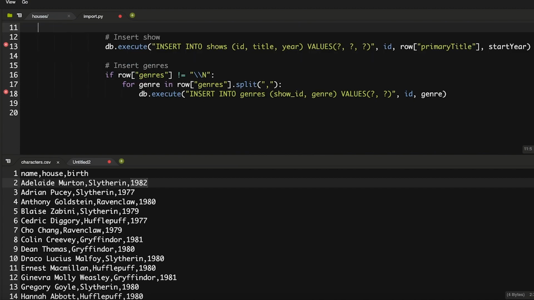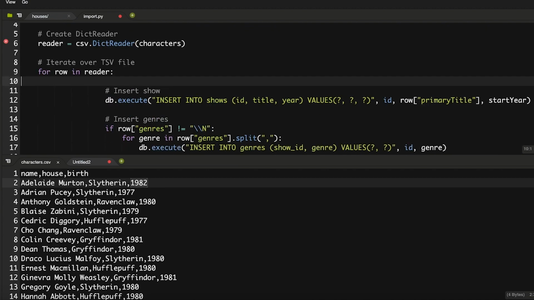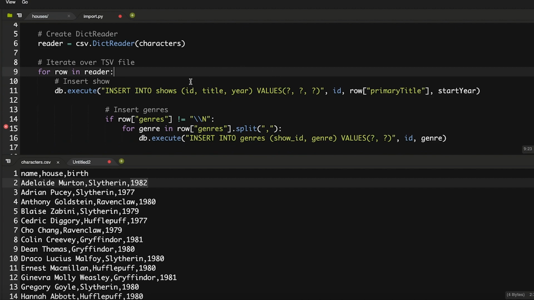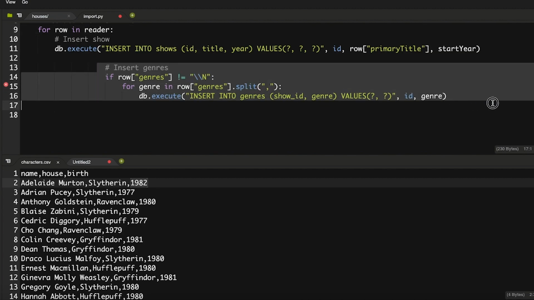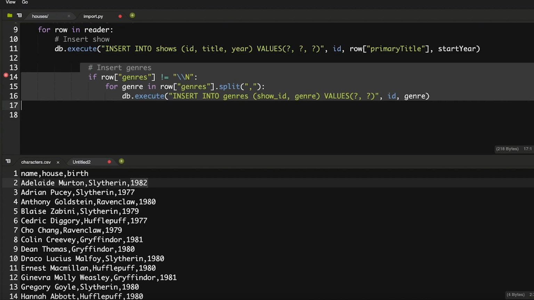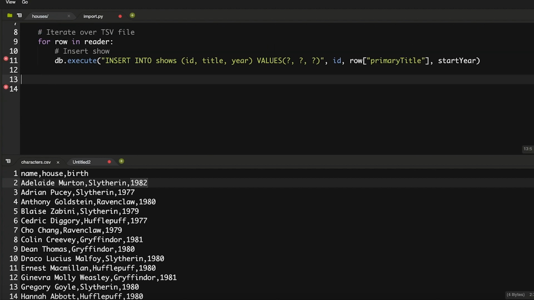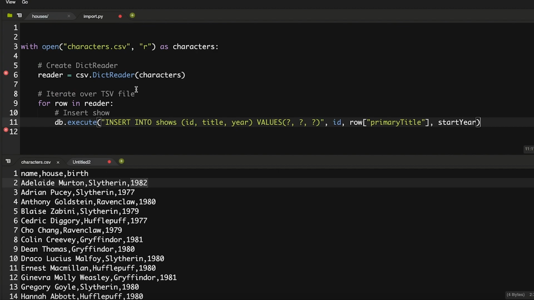Okay, I need access to my database here, so instead of this, I need to declare my database, and I need to insert into my database as well. Let me go ahead. Insert into genres, okay, this is for the genres table, so I don't need any of this. I need to declare my db